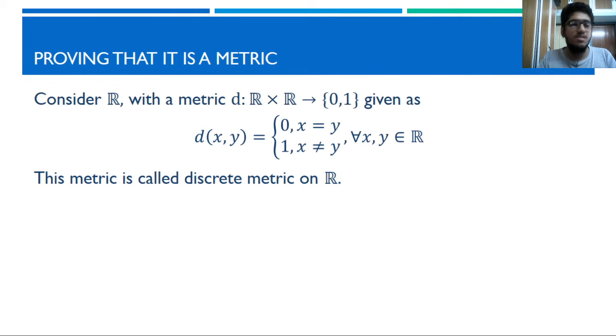So this metric is called the discrete metric on R. And as I told you, if we could go from anywhere to anywhere at any point of time, that is, if teleportation was possible, it turns out we have defined the distance in such a world. And using this distance, we have further studied what open set means in this world, and what continuity means in this world.